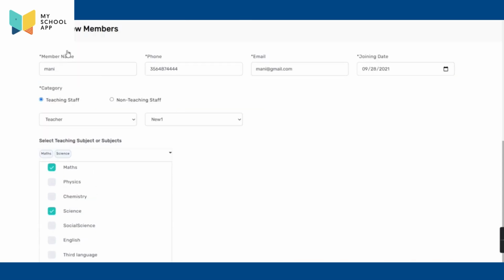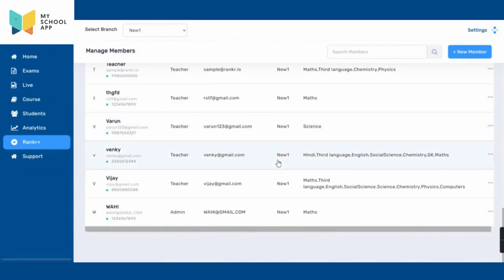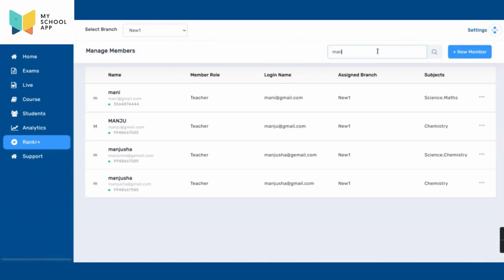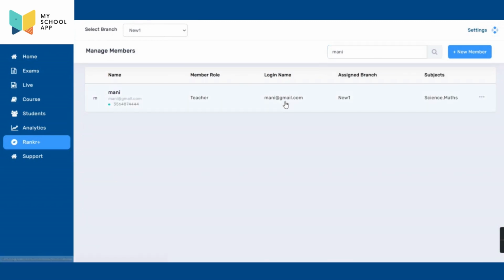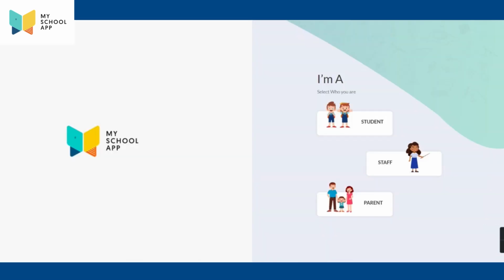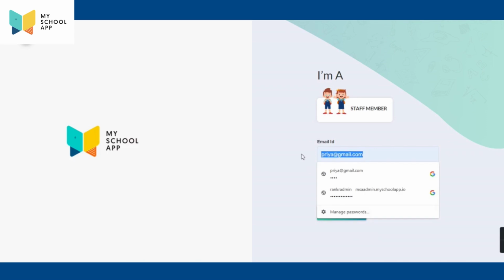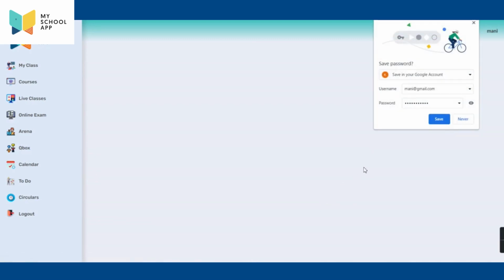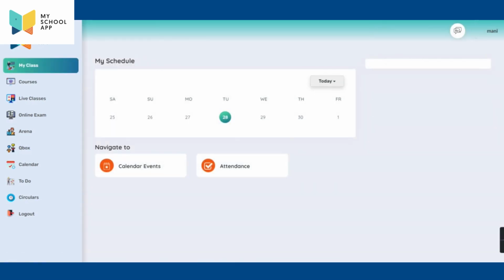With this ID, faculty can log into the web page. Money, if you click here, money is the mail ID. With this mail ID, faculty can log into the web page. As a faculty, you can log in here. Welcome@123 will be the password for the faculty initially. After entering, faculty can change the password. Like this, faculty can log into the web portal or mobile app.